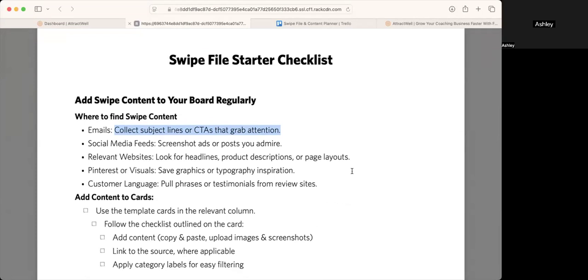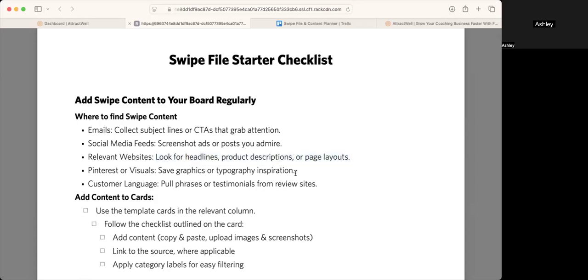Subject lines in your inbox are a fantastic place to start. If it got you to act, chances are it could get someone else to act too, right? Especially if you're newer and you're still developing your copy, your voice for your brand. It really helps to be well informed by others that are leading the charge, that are already established in the space that you want to occupy, right? So use that. It's sort of a competitive advantage to keep an eye out and then utilize what you're seeing as inspiration, right? So you can screenshot ads or posts that you admire that look good on your feeds,